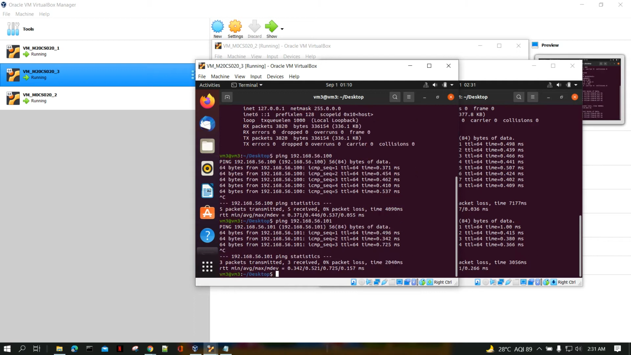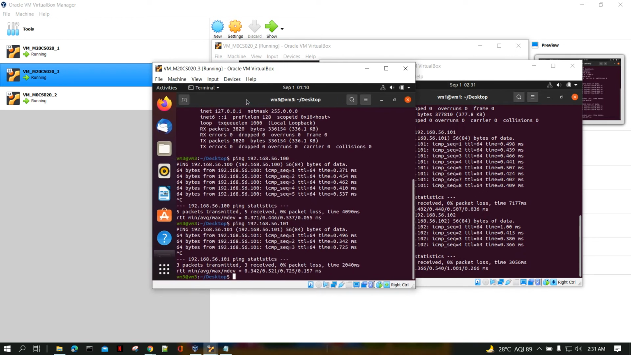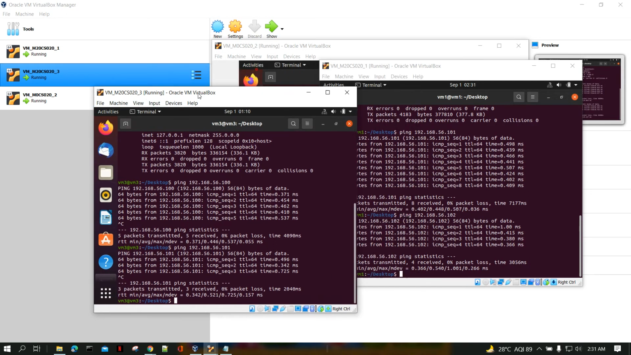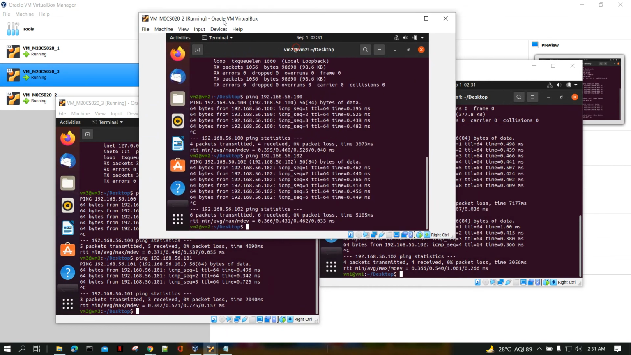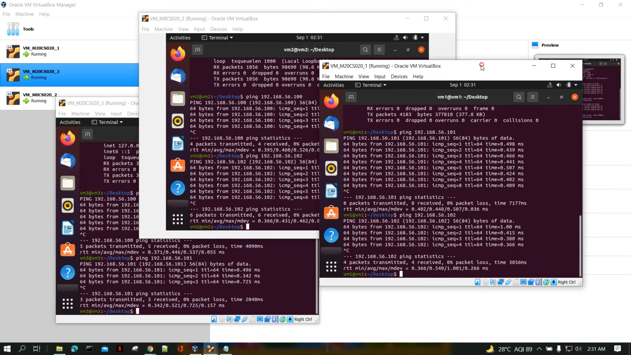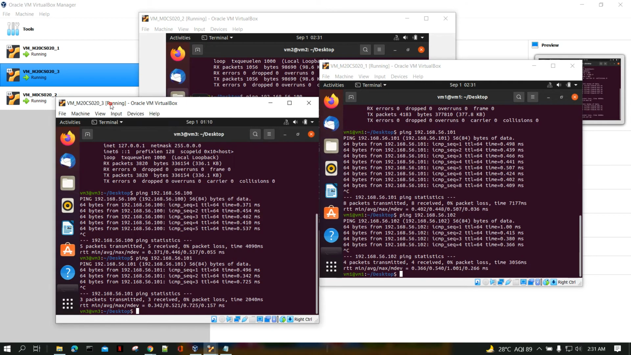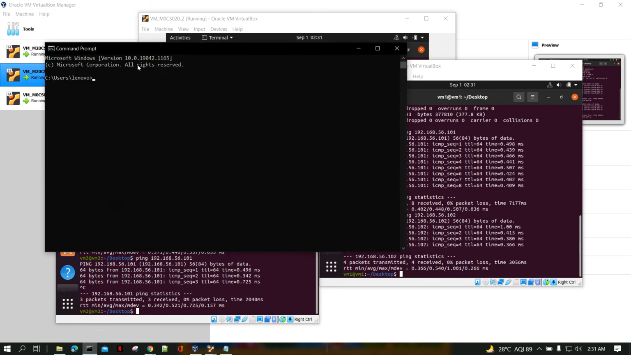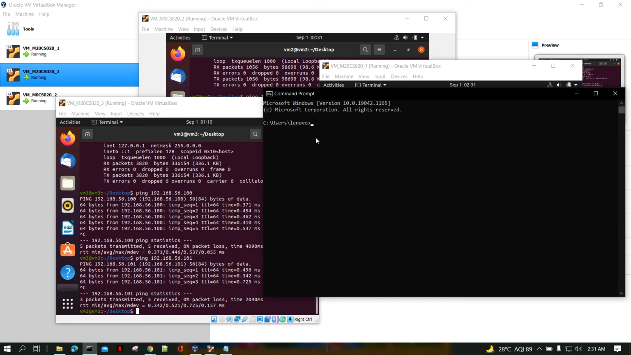Here we can also see that the data have been transmitted as well as received for virtual machine 2 and 3. Now we can see that all these virtual machines are connected with each other. So now checking for our host machine in a similar way, if it can connect with all these three virtual machines,